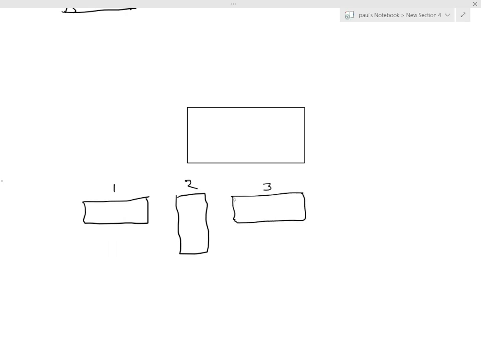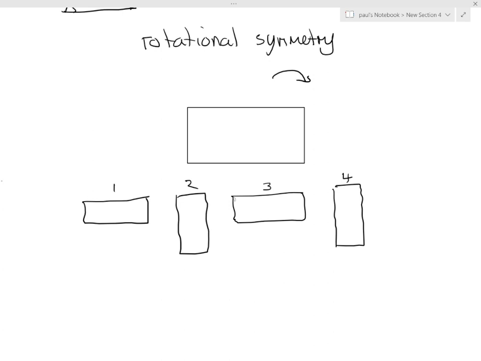So there are 4 positions for this. There's the first position, second, third, and fourth as we rotate. And this is rotational symmetry. Okay, rotational symmetry. Now, rotational symmetry has a number, and the number is, including the first original shape there,